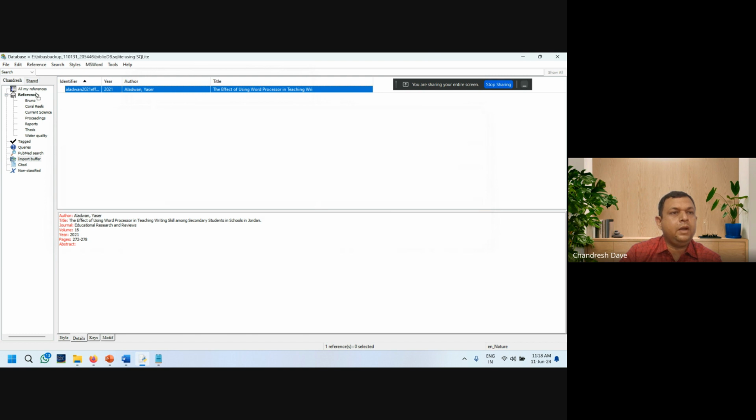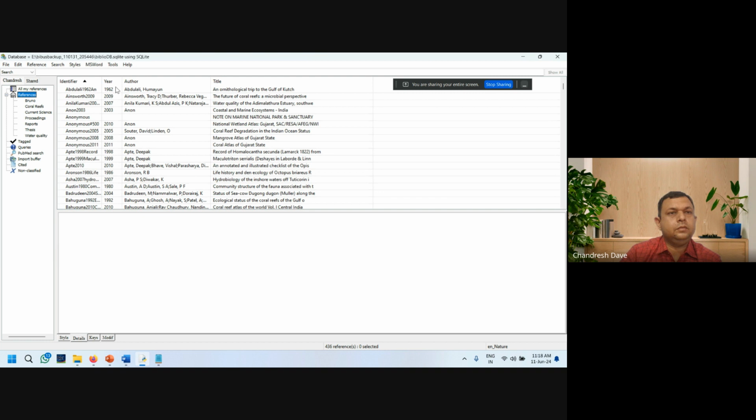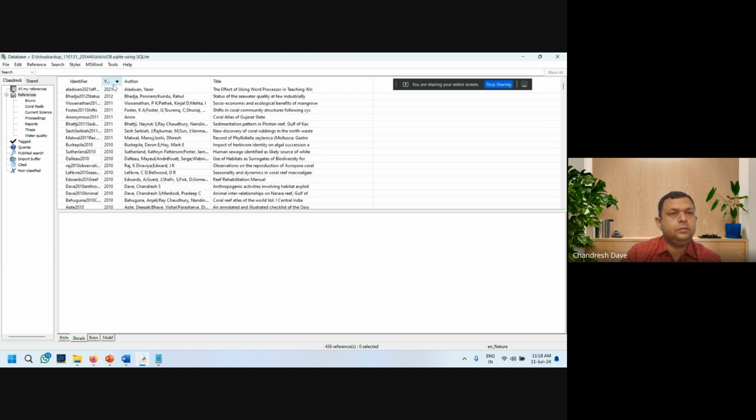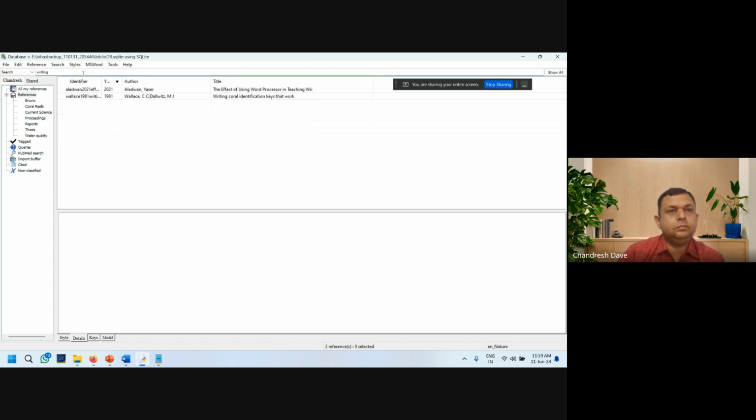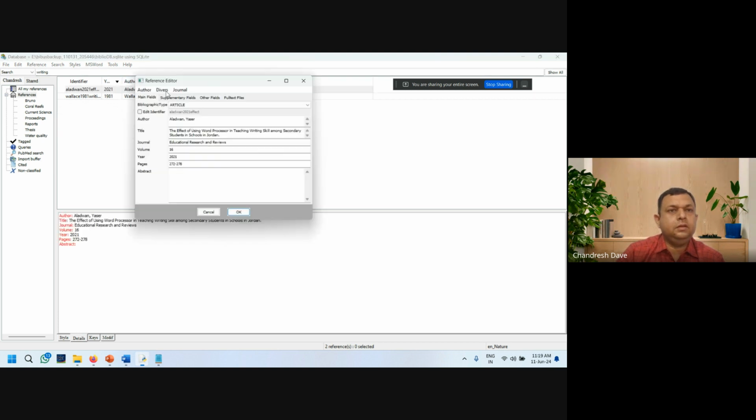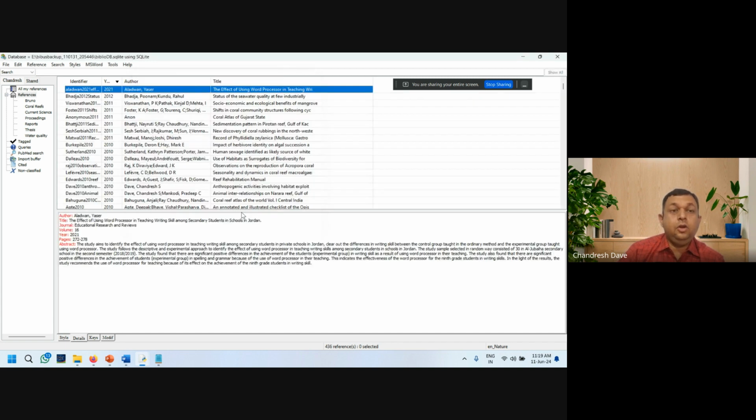First, I need to move it to my references. Yes, these are ours. Now here I paste that abstract copied from the article and then OK. So that will make